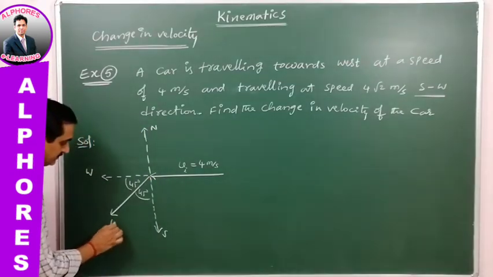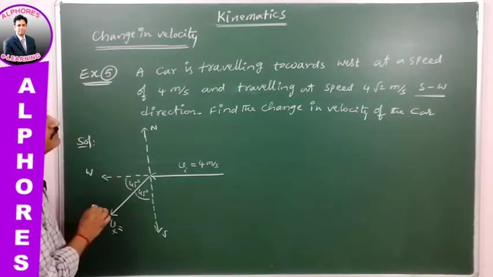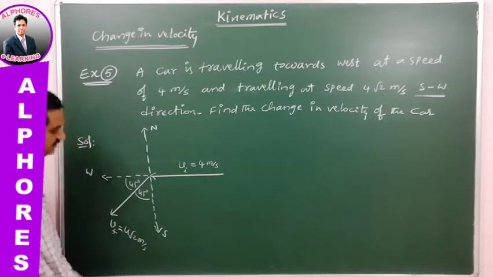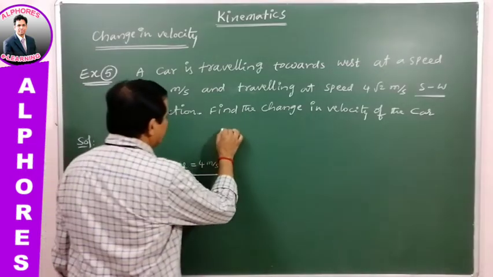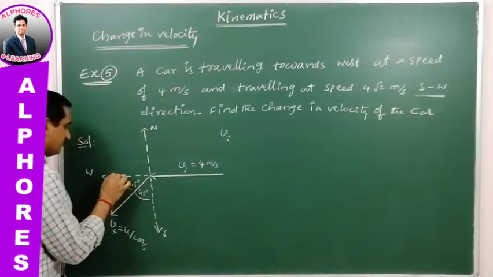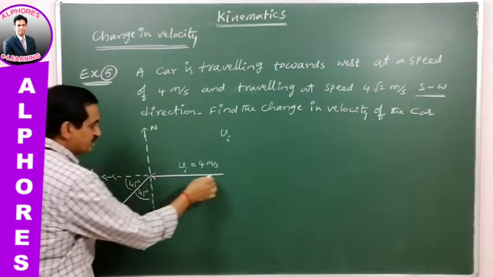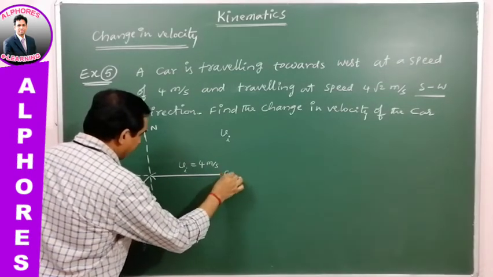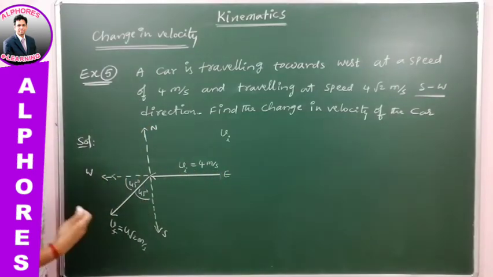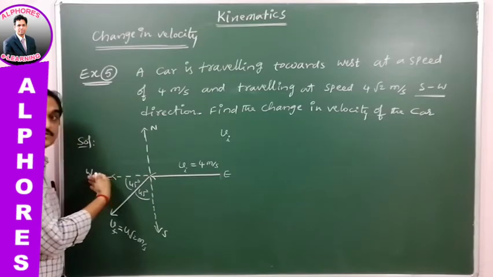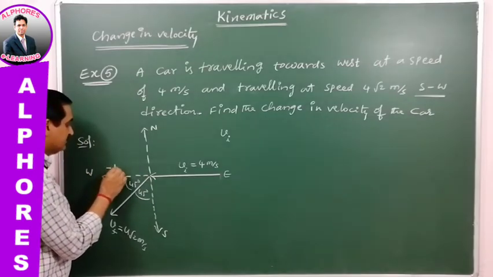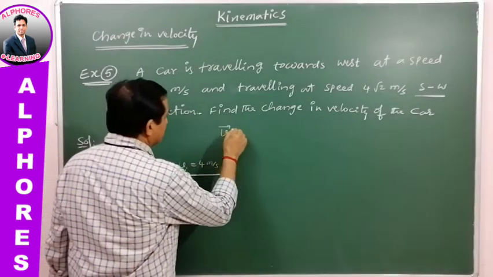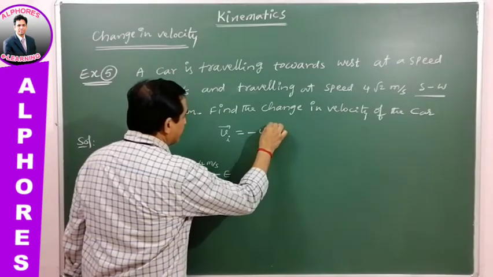Therefore, this is a final velocity V final. So, this is given how much? 4√2 meter per second. Right? So, resolve this. First, initially, this is moving towards west. Of course, it is shown on the east line, that is on positive x-axis. But actually, it is moving towards west. Therefore, it is moving towards negative x direction. Definitely, we consider this is minus I cap. Therefore, 4 into minus I cap. So, the initial velocity is minus 4 I cap.